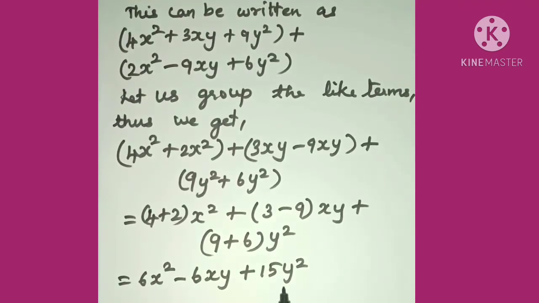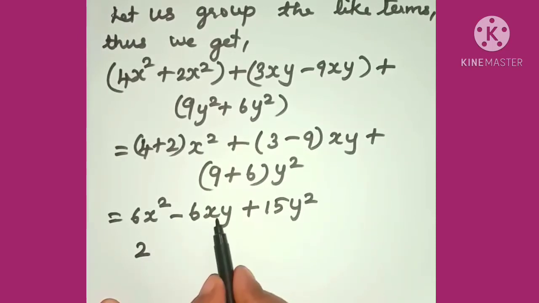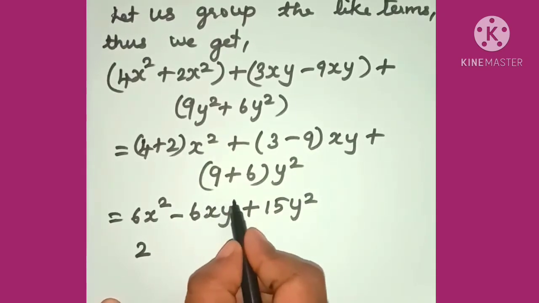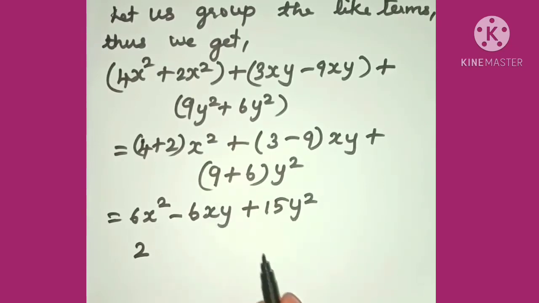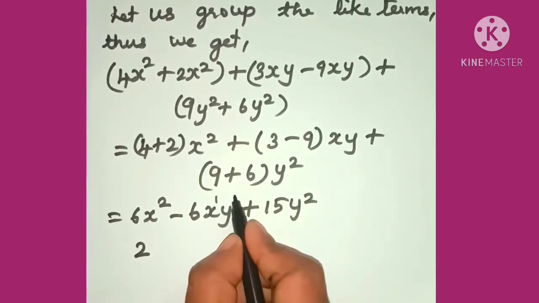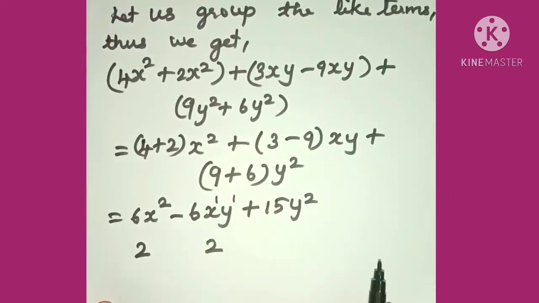And then finally the highest power will be the degree of the expression. Here, to find the degree of the expression, we need to find the degrees of each term alone. So here, in the first term, the degree is 2. And in the second term, there are no values in the power, so let us consider it as 1. So 1 plus 1 is 2. Here the degree of the second term is 2.